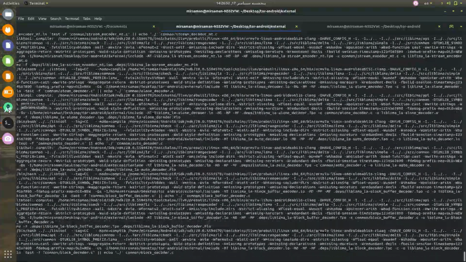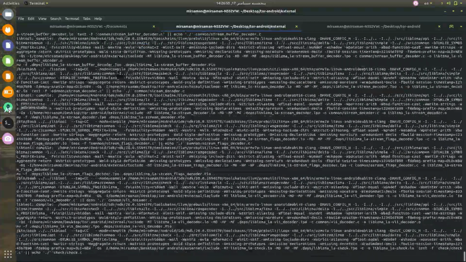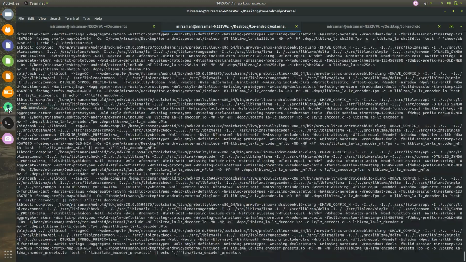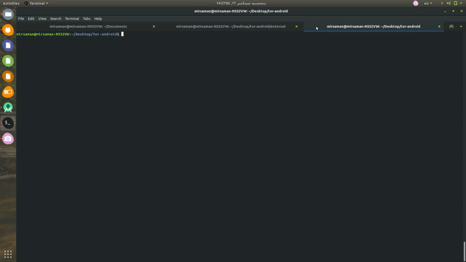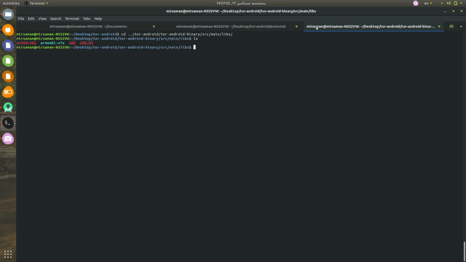It takes some time to be compiled, and another thing I've done was this. I've checked out the deleted referenced files in Tor Android binary source main app libs directory. As you can see, because I've compiled